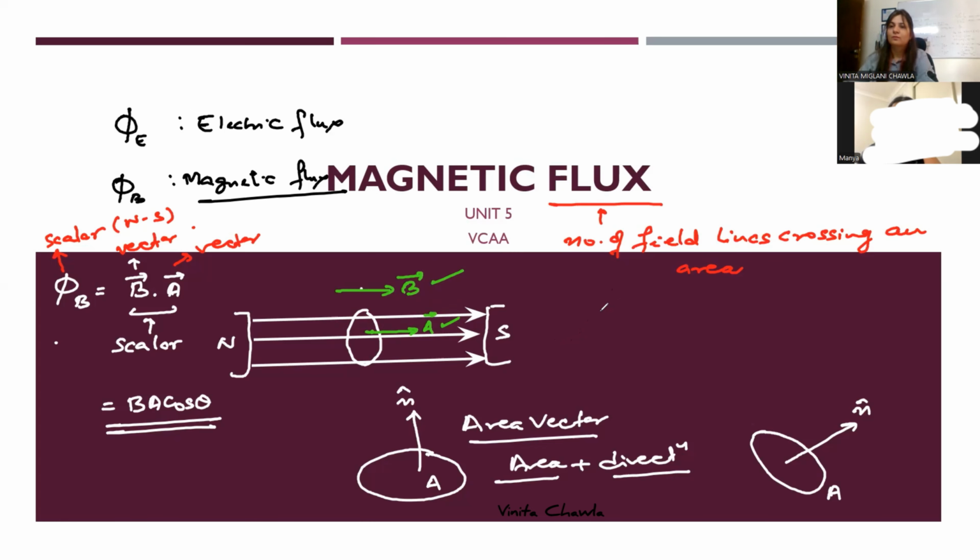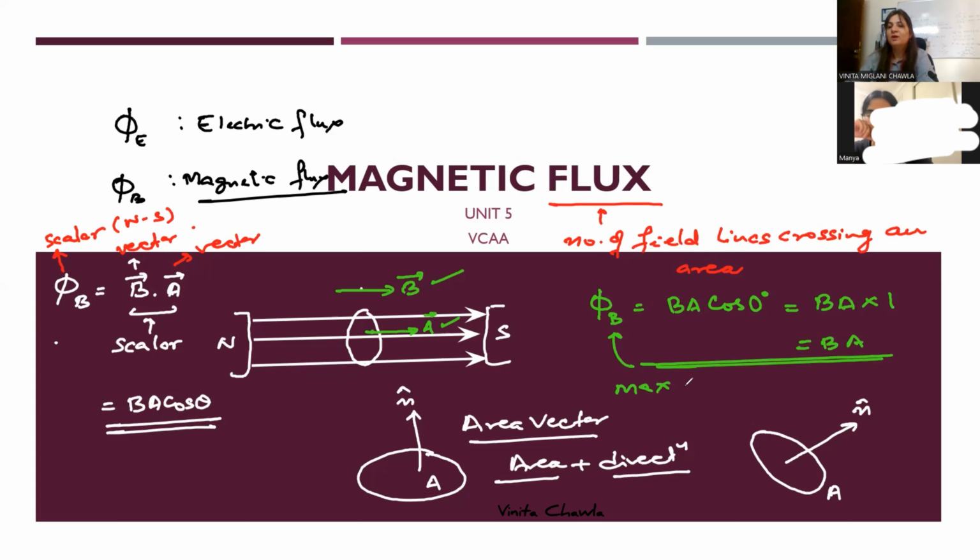It would be the same. So the angle is 0 degrees, no? Because both are pointing in the same direction. So we can write phi B, the magnetic flux, as BA cos 0 degree. And what is the value of cos 0 degree? 1. So this is the maximum magnetic flux, or we can say the maximum number of field lines that can cross